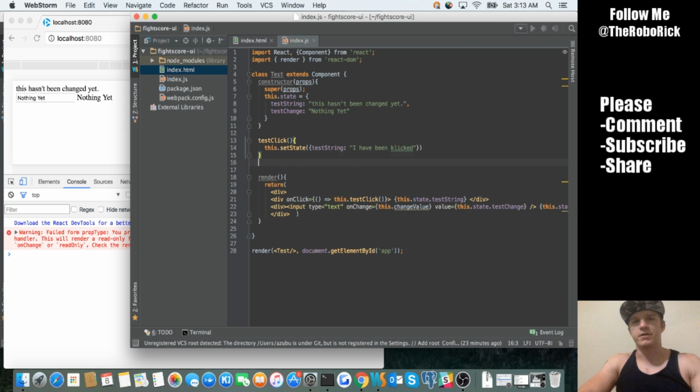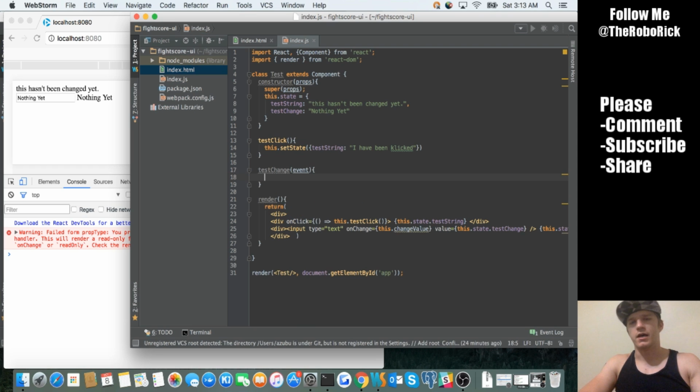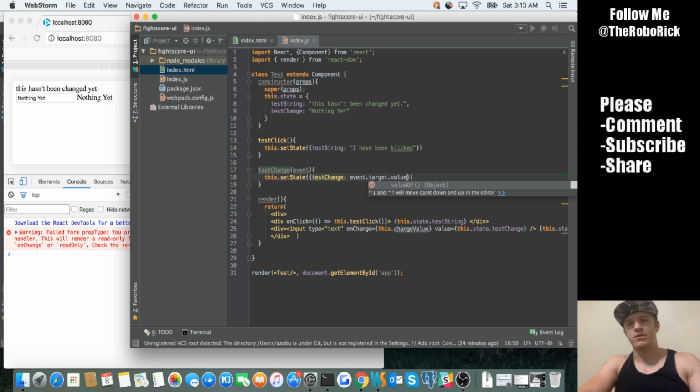So then what I'm going to need to do is create this test change function, and it's going to pass in an event naturally by React. And then I am going to set the state of this variable test change equal to event dot target dot value,